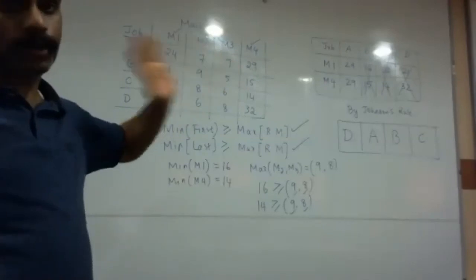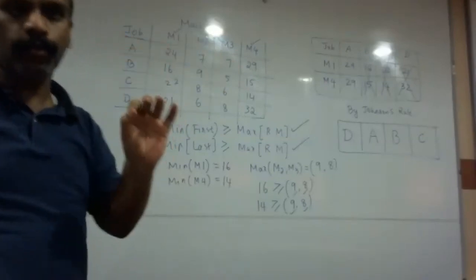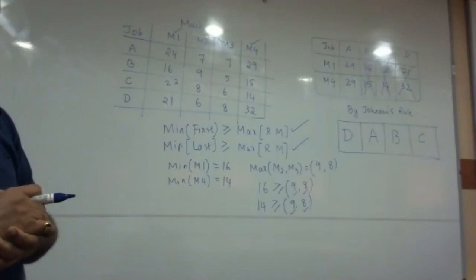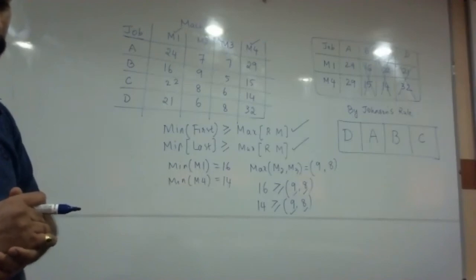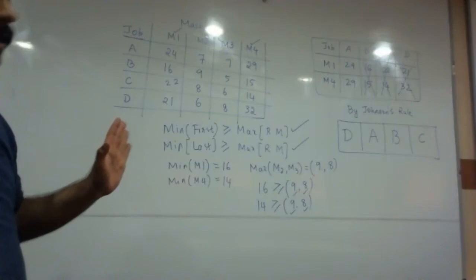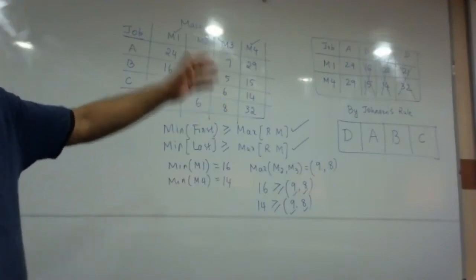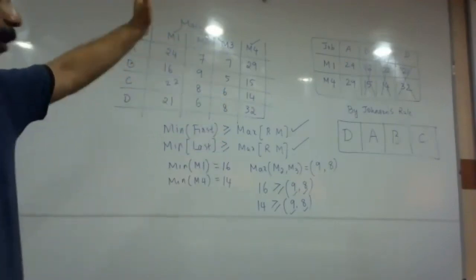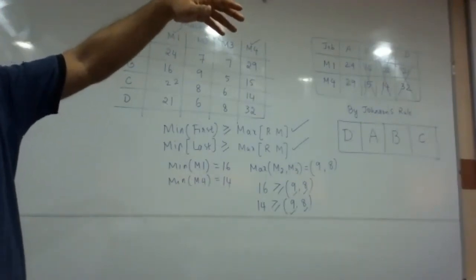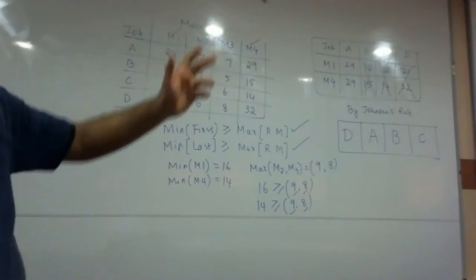So now this is the order we have got. D, A, B, C is the order. Now can I ask you to continue this problem and give me the answer for the remaining part? Can you do it by yourself? Now everything is the same. Once the Johnson's rule order is obtained, you have to write down all the values M1, M2, M3, M4, in and out, in and out, and finally find the idle time of M1, M2, M3, M4 and get the answer.